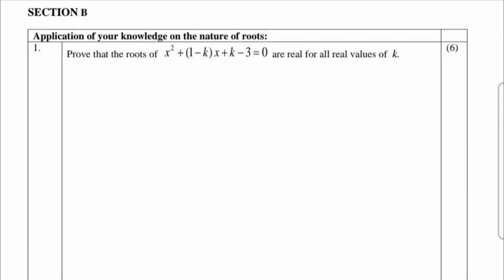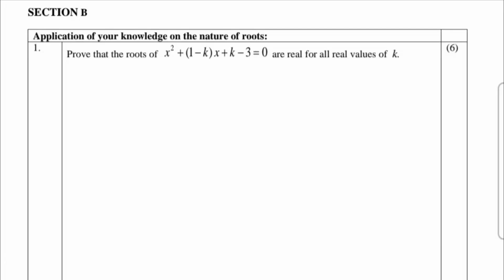We're now on to section B. So it says application of your knowledge on nature of roots. The first question we have says prove that the roots of x squared plus (1 minus k)x plus k minus 3 equals 0 are real for all values of k. Now, in a question like this, it's very important that you start off by understanding exactly what represents a, b,